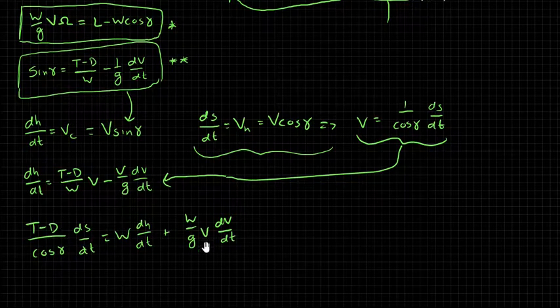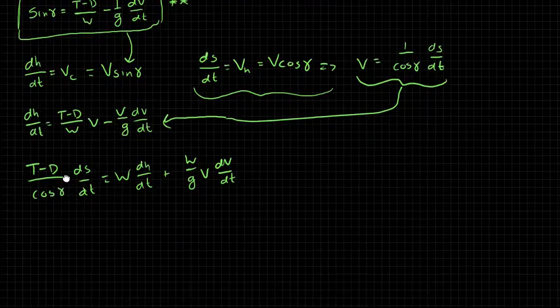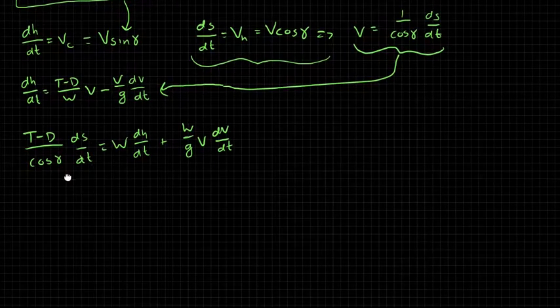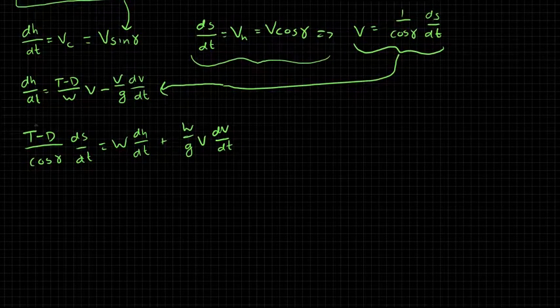Okay, so this is good news, because remember, what we're trying to find is s, the horizontal distance traveled, and now we have s in the equation. Of course, it's a derivative of s that we have in the equation. So what we need to do now is integrate, but we can do that by separating variables. If we multiply the dt over and integrate, we get something like this.